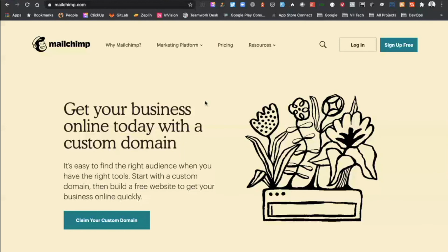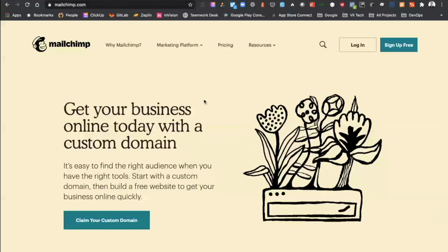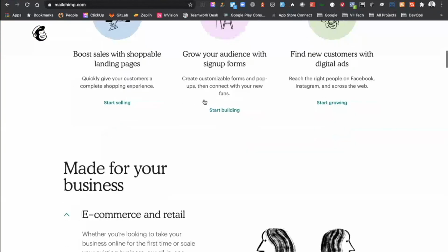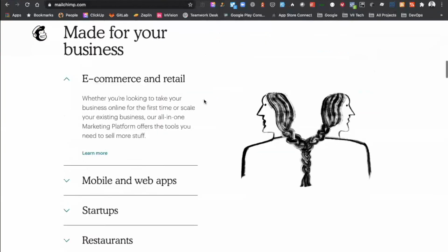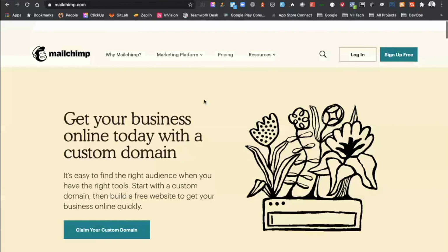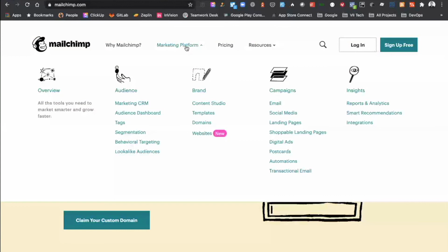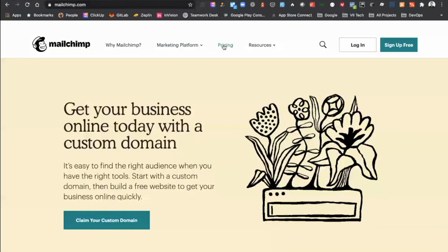MailChimp is one of the most well-known tools. It's expensive compared to the others, unfortunately, but it provides a lot of built-in solutions. And I know that because they are acquiring some third-party services, that's why their pricing is very high, because they are one of the leading mailing list services. So MailChimp,